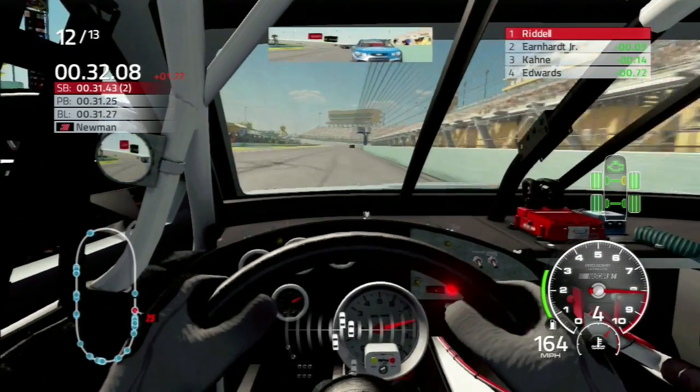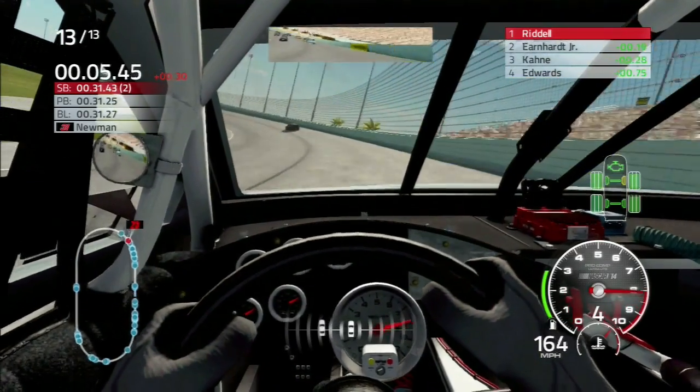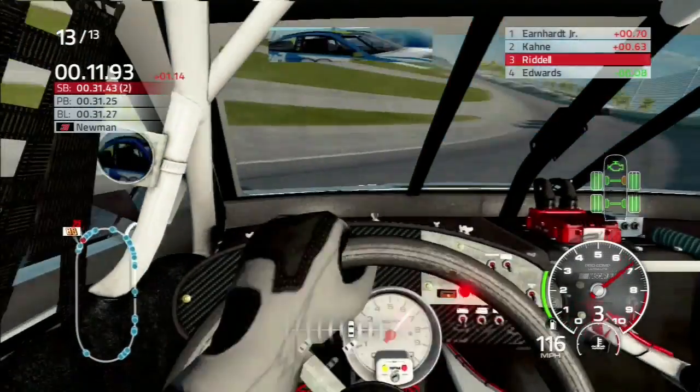We're going to go to the outside as we come to the white flag. Junior's looking for the inside. Few more corners to go. Can we get the win here? And the car is a little bit loose. We've tagged the wall. Car has broken away from us, and